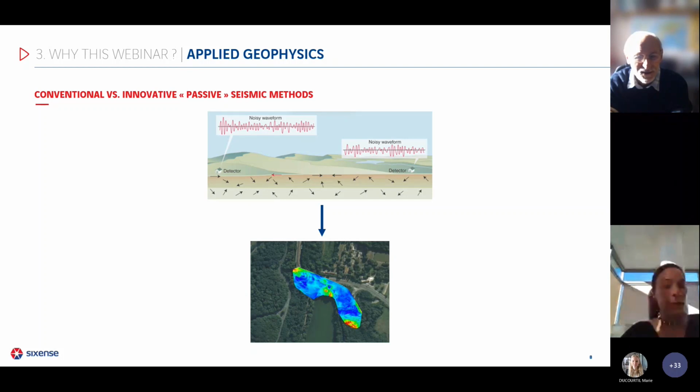So my name is Maria Saadeh. I'm a doctor in seismology, and I'm specialized in seismic interferometry and passive monitoring. At Sixense, I use my expertise to evaluate seismic methods, and I work mainly on the data mining related to passive tomography by seismic interferometry, or what we call at Sixense the Sissterra methods.